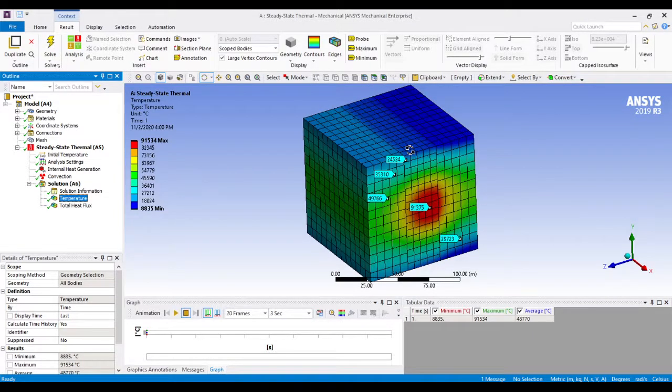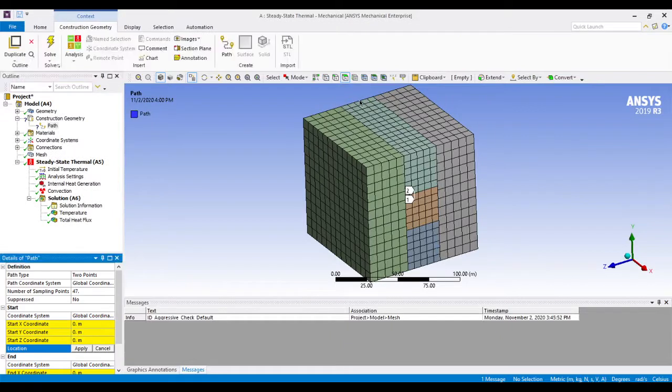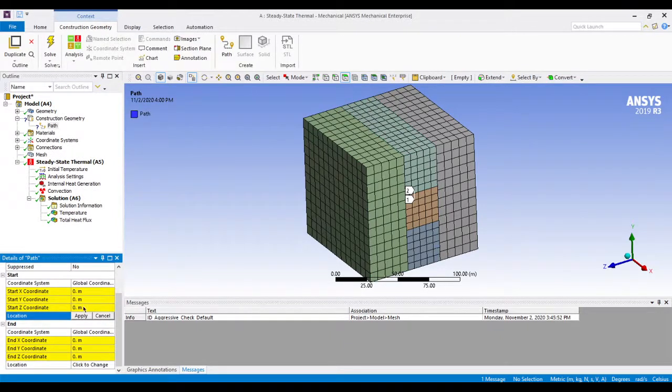Now we'll make use of the path in order to understand these results more clearly. You can select a model, and when you select a model, the environment changes, and you can see the construction geometry option over here. You can select a path, and for the path you can assign different coordinates, that is start coordinate and end coordinate.